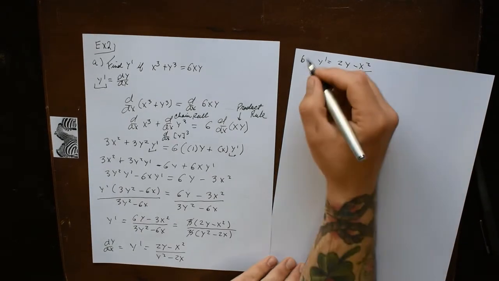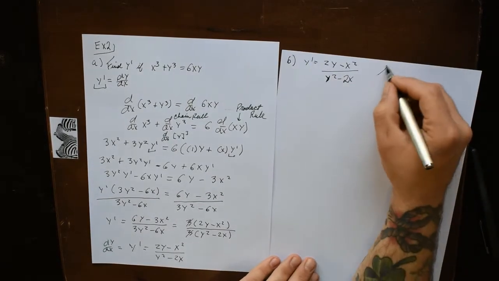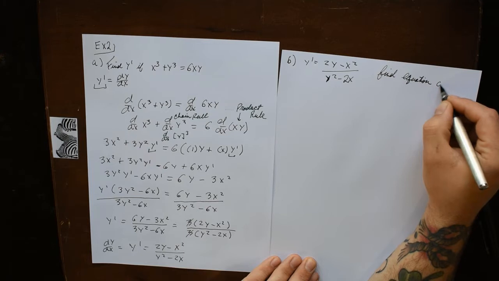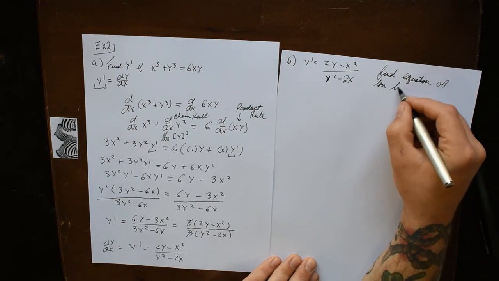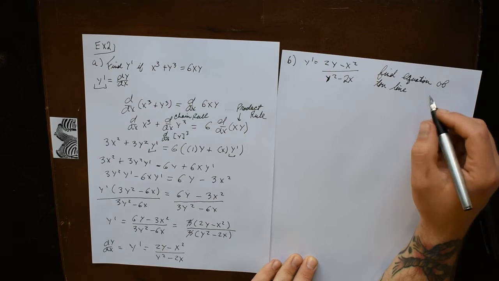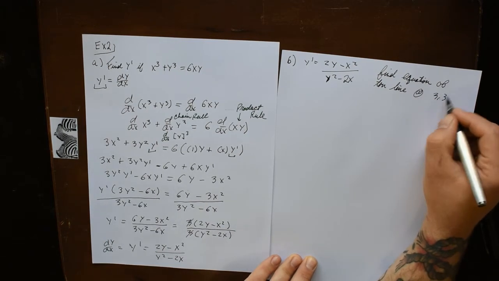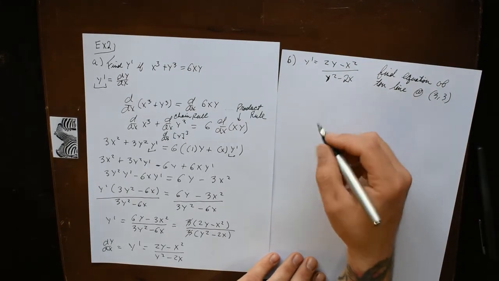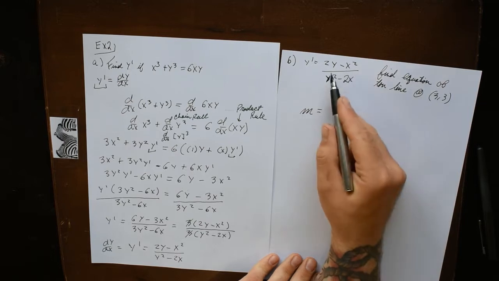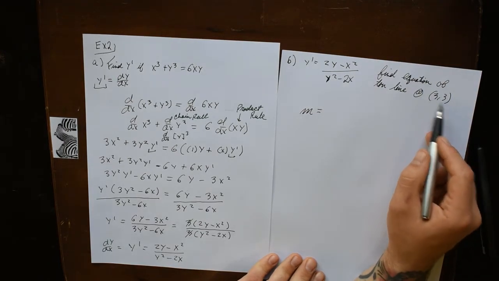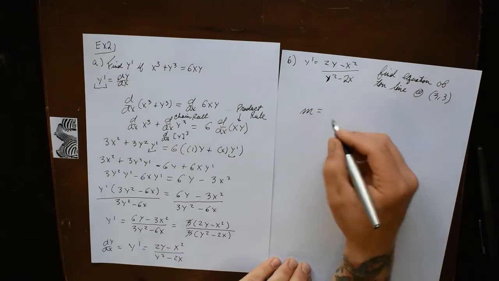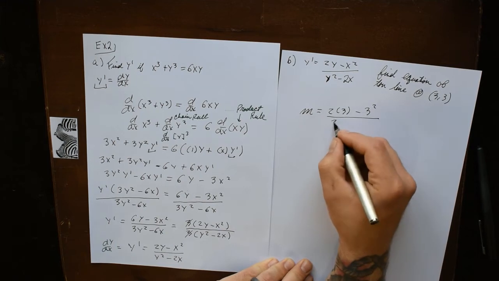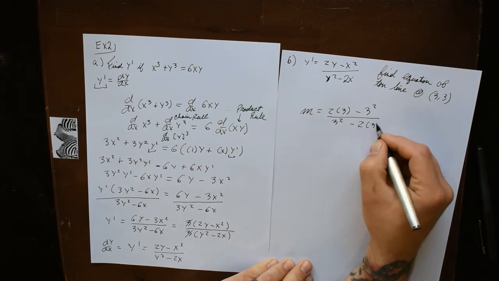And what we want to do, and that's part b, is find the equation of the tangent line at the point 3, 3. So, you've got a point, we need a slope. Our slope is going to be equal to the derivative evaluated when x is equal to 3 and y is equal to 3. So we get 2 times 3 minus 3 squared all over 3 squared minus 2 times 3,